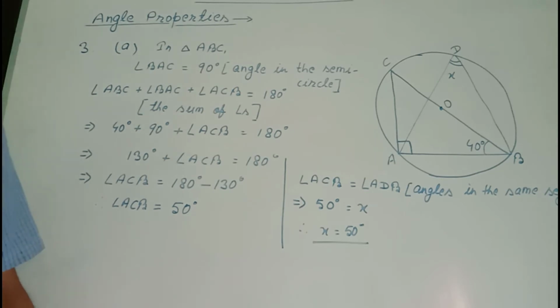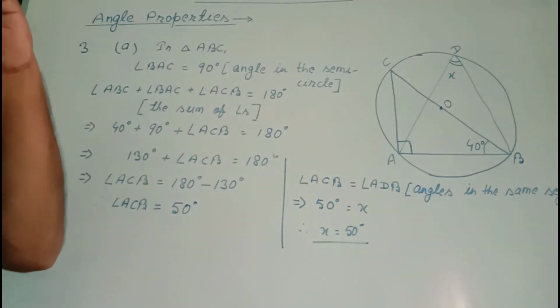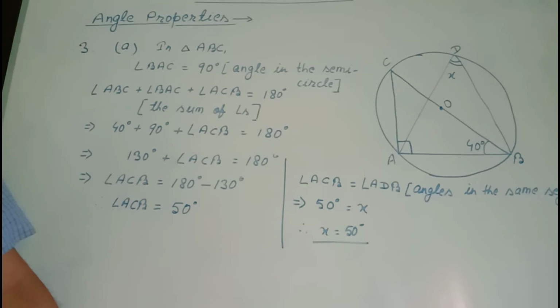In live class, we have started one new chapter, angle properties of a circle, and we completed the explanation of this chapter. These three theorems are in our syllabus. The relationship between the angle at the center and the angle at the circumference. Second, the angles in the same segment. And third, the angle in the semicircle. In this exercise, almost all the questions are based on these three theorems,